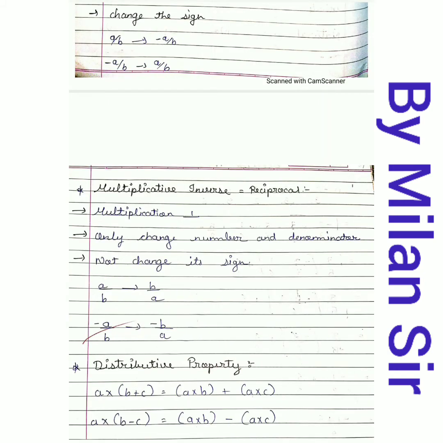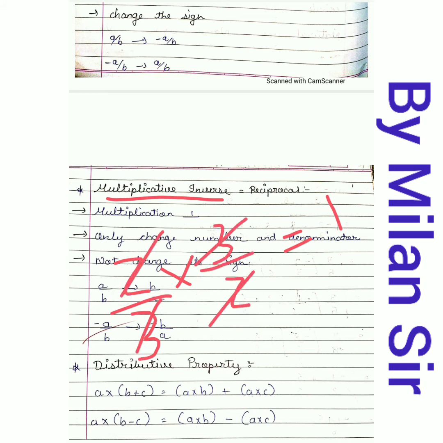Then multiplicative inverse. Now what does multiplicative inverse mean? If we have any number, let's take 2 by 3. What number do I need to multiply with it so I get the answer as the multiplicative identity, that means 1? Right? So what number do I need to write here? I need to write 3 by 2. So 3 cuts with 3, 2 cuts with 2, right? And my answer is 1.